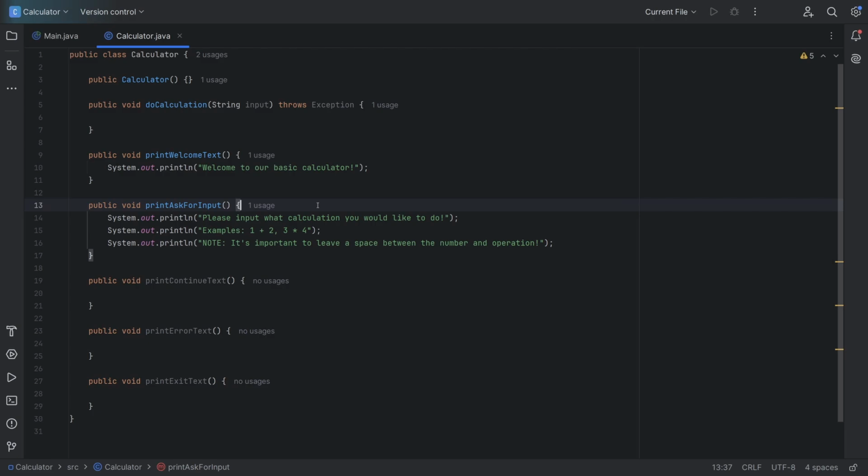This doesn't have to be in this calculator class, but since it's associated with it, I kind of want to have it in here. Print continue text, we can leave that now. So this is our error text. So print, we can print, that's not what, okay,